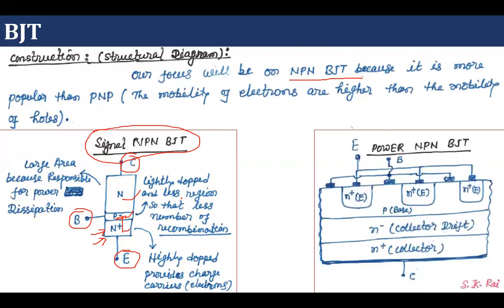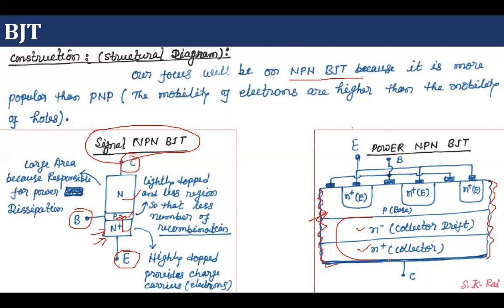And this is the construction of power BJT. This is not the whole construction, this is one slight piece of the whole construction of the device. It means the same thing will be replicated 1,000 times within a single device. So we have N plus, again the number of layers will be same, and here also it is N plus.